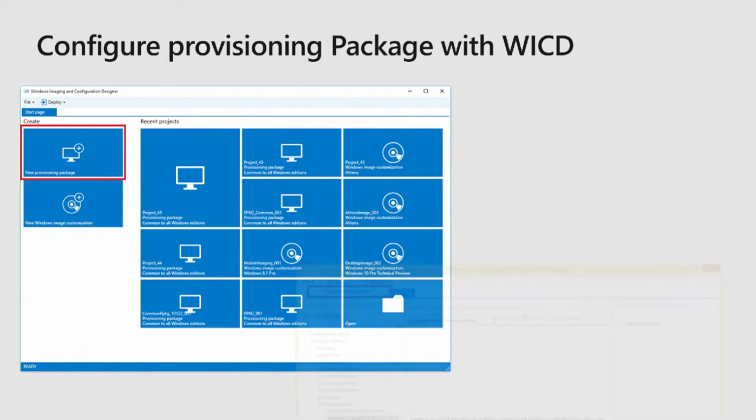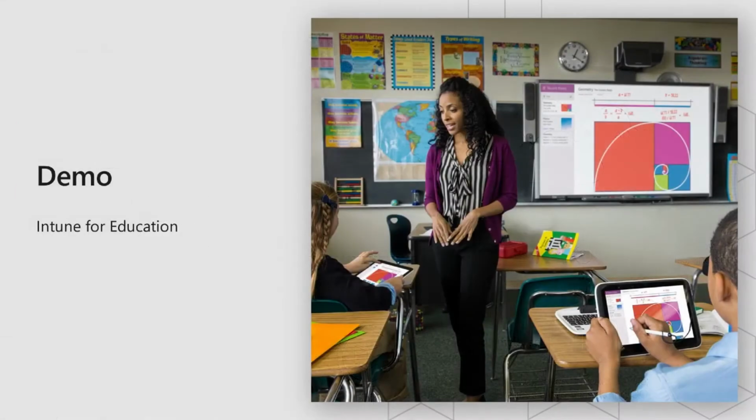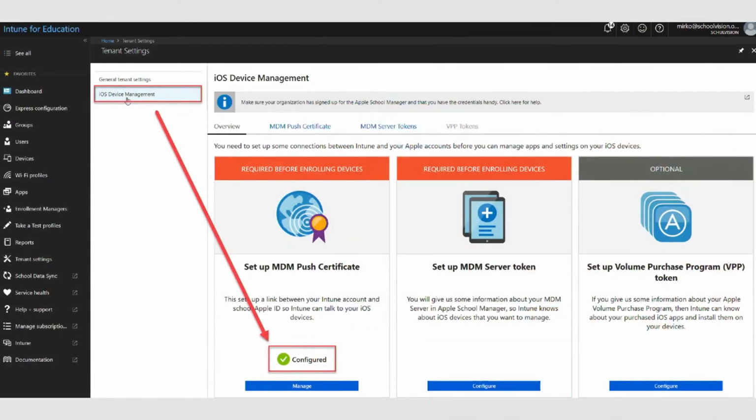In the end you also have the possibility to get the extended, and then you can set anything. So in the back end, just so you know, it's all based on OMA URI settings. It's pretty simple. So here is the Autopilot, how it works. So now we are here in the Intune for Education portal.